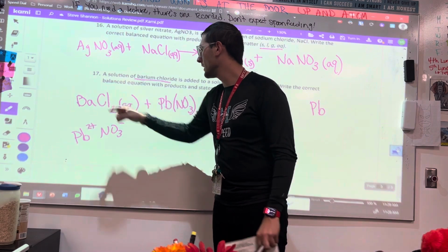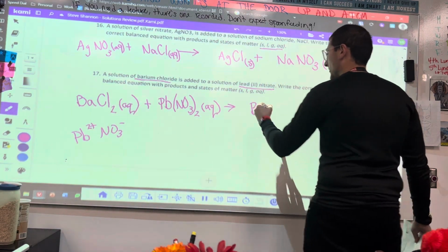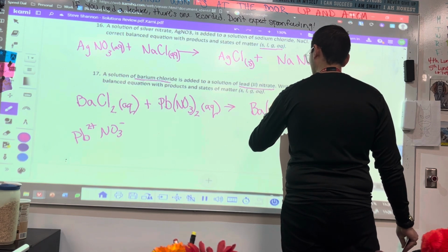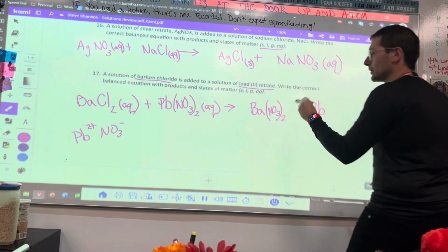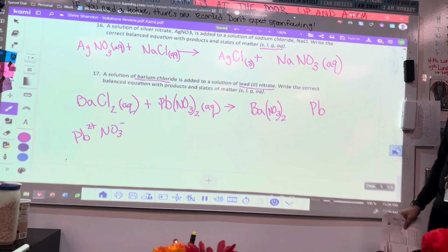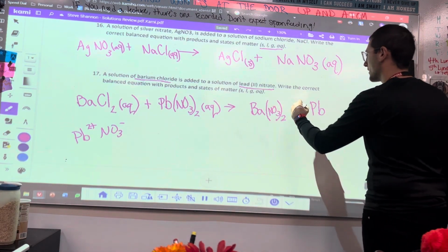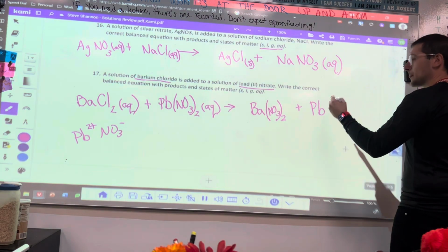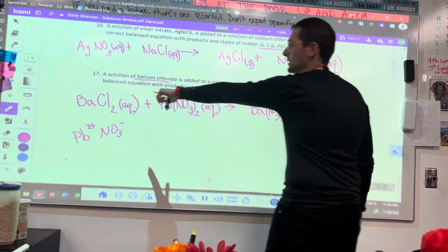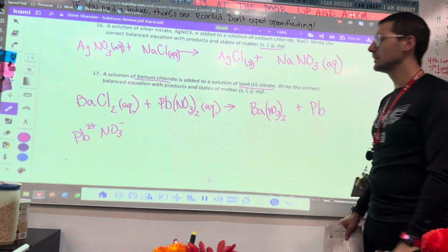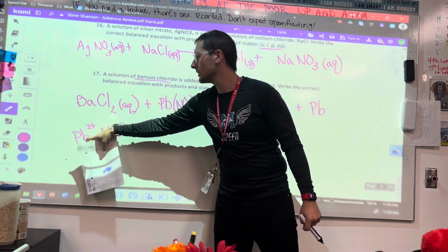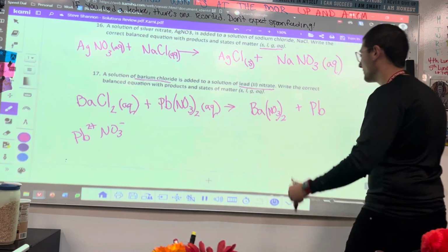Remember, barium had a 2+ charge, so it is going to give that 2 to the NO3 like this, and NO3 has a 1 charge that it gives to the barium, and we're good. Then I'm going to do lead. I have Pb, and the Pb is going to go with the Cl. Now, I know I have lead 2 nitrate, so I know I'm still using Pb2+, and Cl is 1-, so